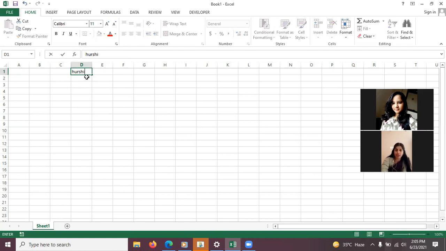Once you have written the name, the next time click on the next cell and type H. As soon as you press H, the first letter, automatically the other letters are also shown. So this is autocomplete. If you want to write the same name, we can complete it like this.